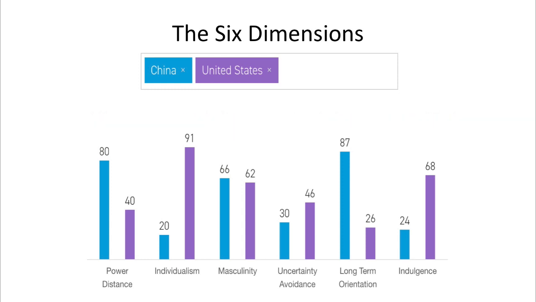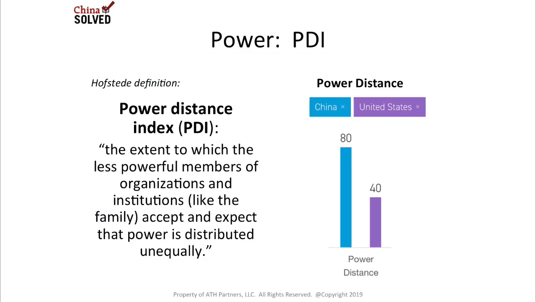So the dimensions are power distance, individualism versus collectivism, masculinity versus femininity, uncertainty avoidance, long-term versus short-term orientation, and indulgence versus restraint. Let's look at the important ones in some detail. First is the power distance index. And you can see on the right, China has a very high power distance index of 80, and the United